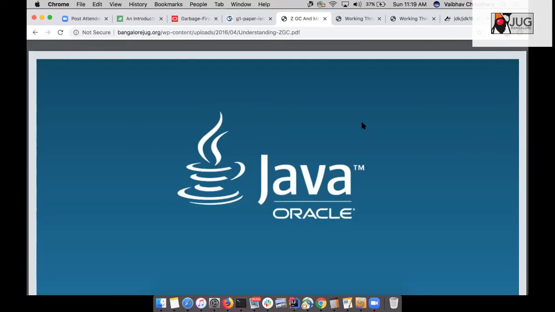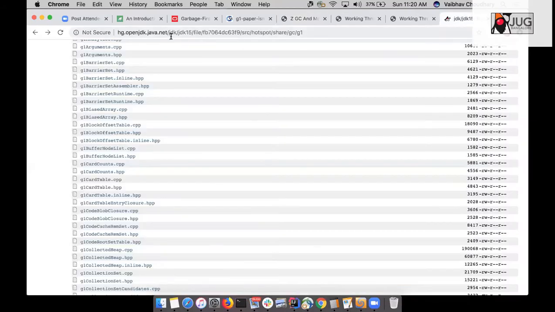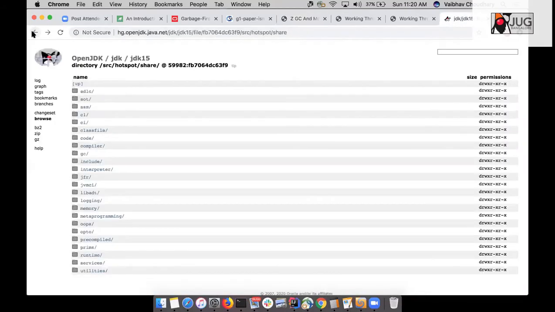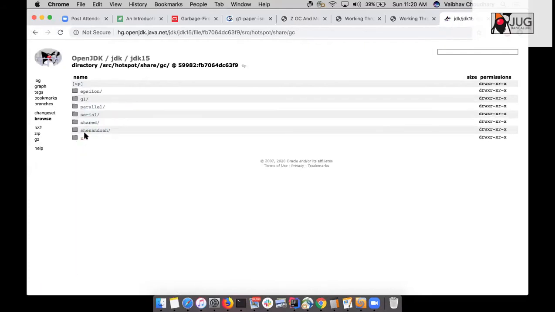And there are a lot of newly developed GCs like ZGC and Shenandoah. There are two GCs actually working in that area. You can see the folders, so you can see ZGC and you can see Shenandoah here, right? Shenandoah has been written by the Red Hat guys, and ZGC is from the Oracle guys. Both do very similar kind of stuff, and we will definitely go into the details of that.